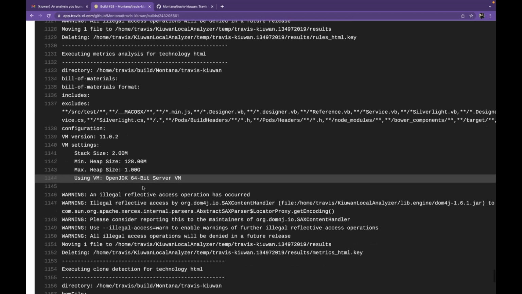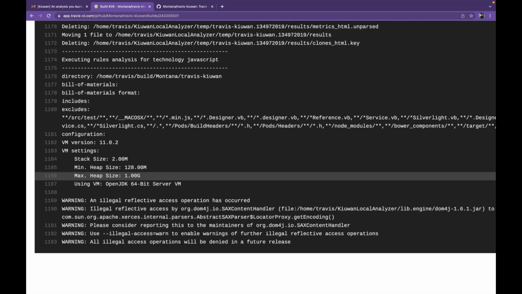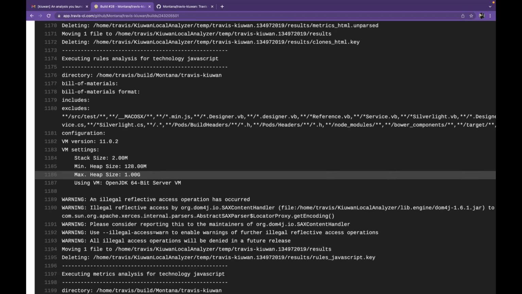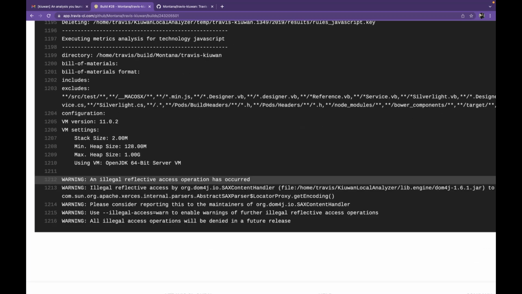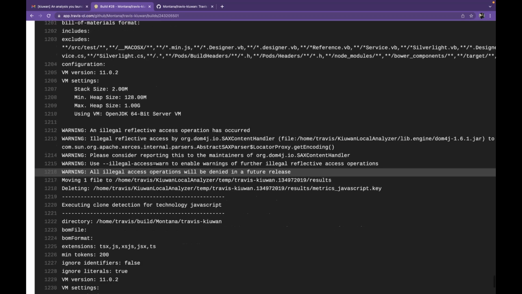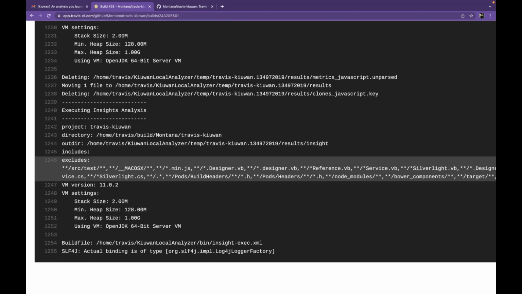What we're using was OpenJDK server with the VM. So it's basically right now scanning the TypeScript project that I have. And after it gets done scanning, it's going to send me an email and either tell me what errors I have or how perfect my code just is, which probably isn't perfect at all.